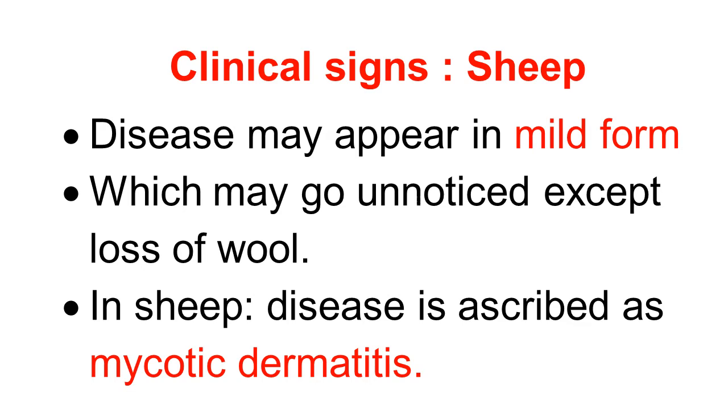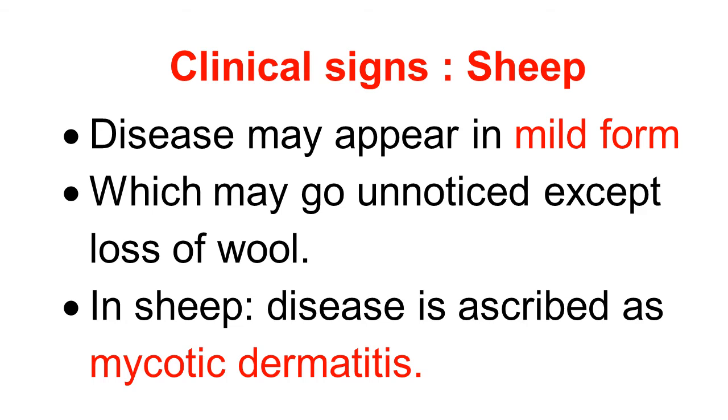In sheep, it is described as mycotic dermatitis. Dermatitis is there, with scab formation, exudation, matting of wool, and other pathology. But it is called mycotic because Dermatophilus congolensis